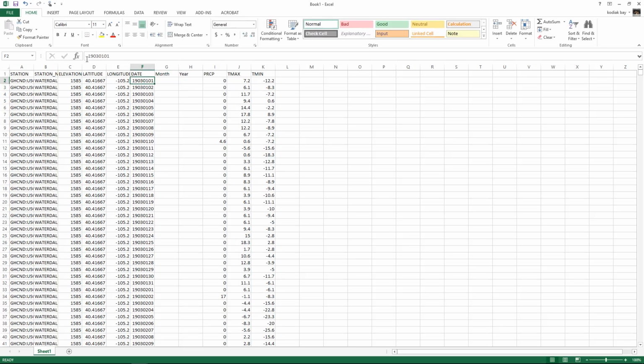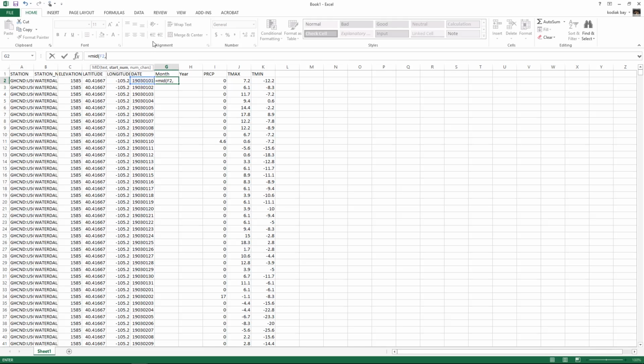It can't interpret this because it's literally just a number, but every number stands for something. So the first 4 is the year, next 2 is the month, and the next 2 is the day of the month. So the functions are pretty easy. It's just equals, and then it's MID. Start your function by doing an open parenthesis, click the reference point, so date,